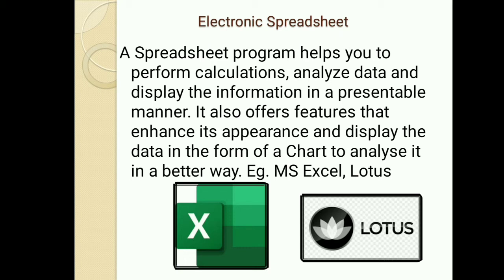Now we have seen Microsoft Excel. Excel is a very powerful spreadsheet program. It is used worldwide. It has many inbuilt functions like sum for addition, average for taking the average of numbers. It also supports logical functions for comparison of numbers like the max or the min function. The max function gives the highest number from a group of numbers, and the min function gives the least number from the group of numbers. It also supports forms and Visual Basic programming, which further adds to its functionality and purpose.